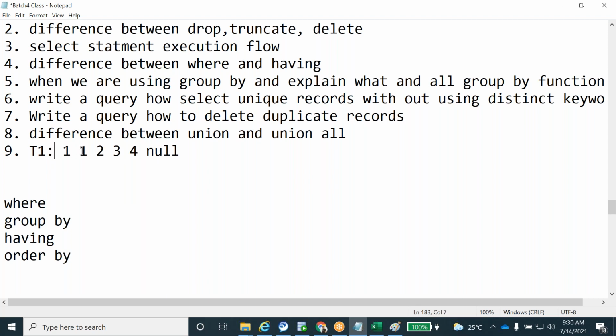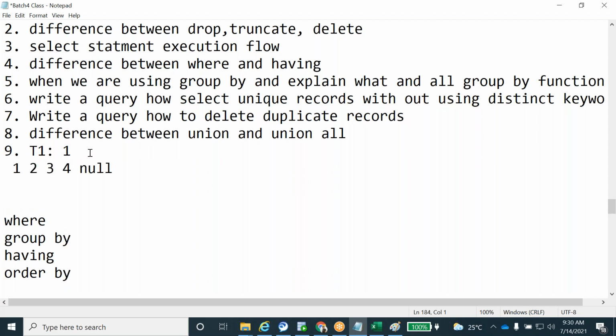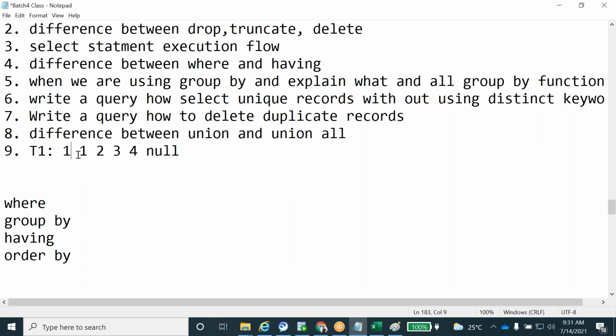If you take one more record, then 7 records in total: 1, 1, 1, 2, 3, 4, null.